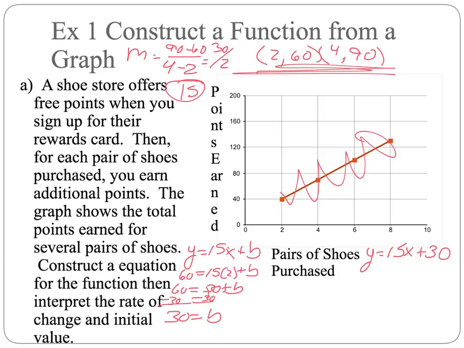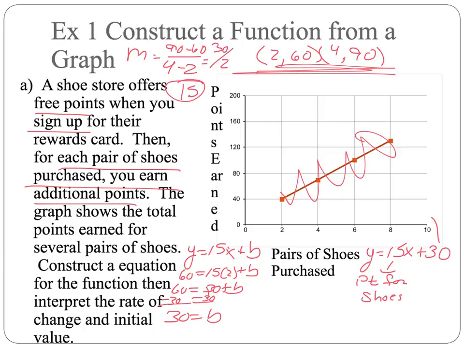It asks you to interpret the rate of change and the initial value. Rate of change is your slope. Initial value is your y-intercept. It wants to know what these numbers represent. Well, it told us in the problem. You get free points when you sign up, and then for every pair of shoes you purchase, you get additional points. So the 15 is the points for shoes,